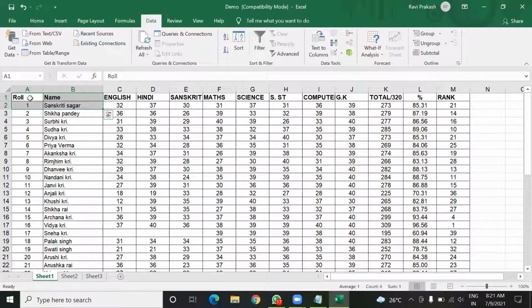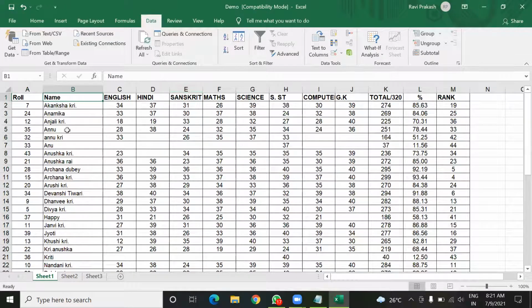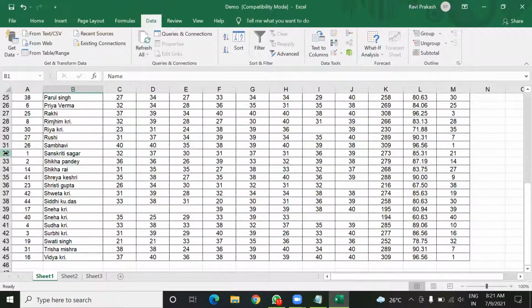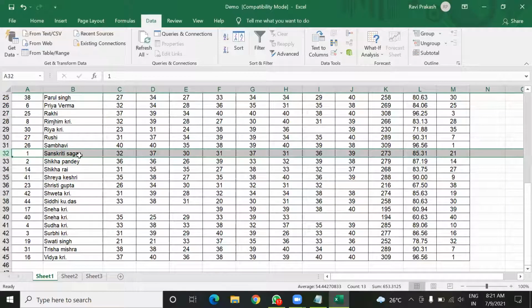So it will not perform this sorting operation. Sorting operation we should do column wise. For example, if you do sorting for this name, say A to Z, then just see in this row, one is still assigned to this student as it was before.